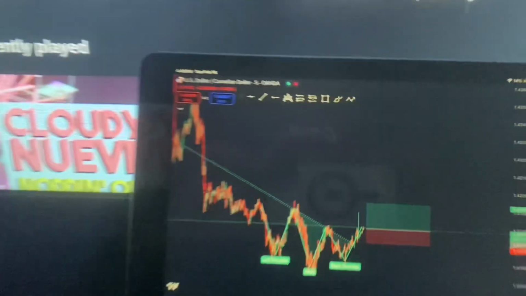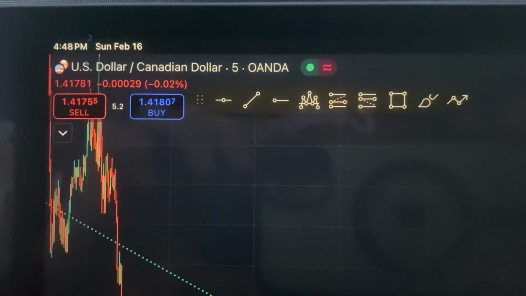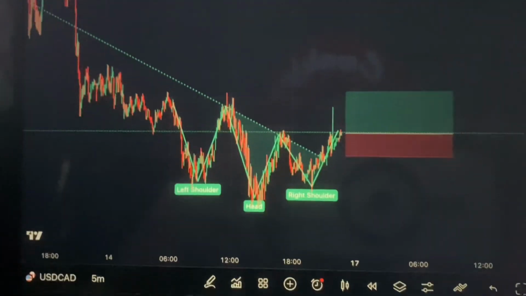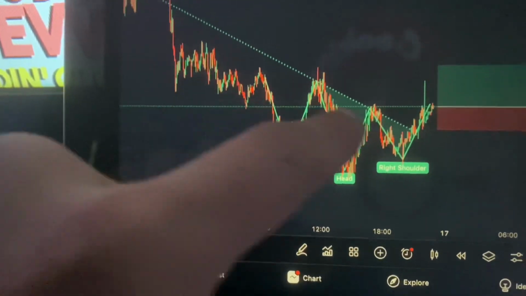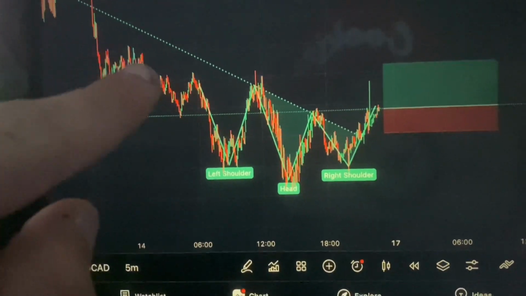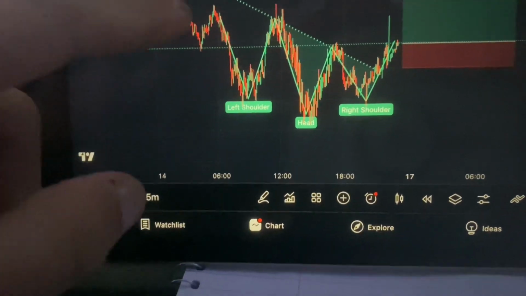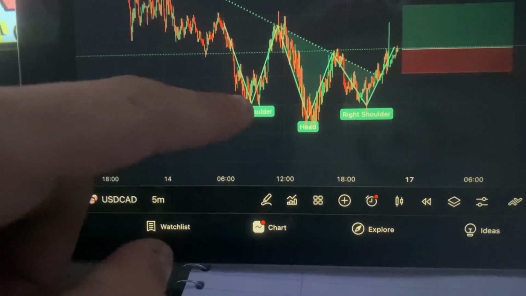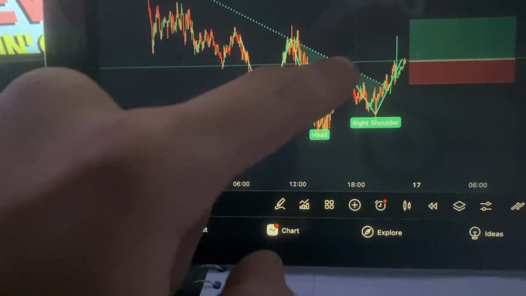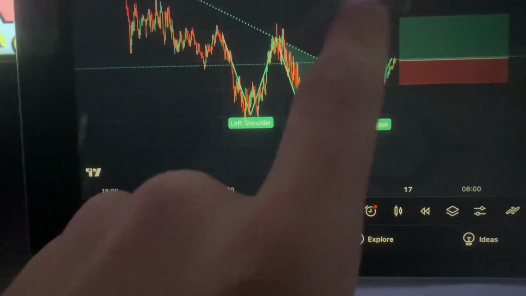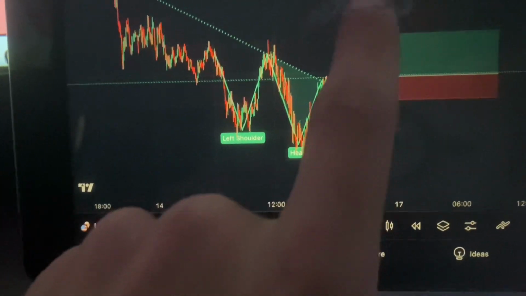All right, boys, so the first pair that we might be trading in today's $200 account, as you can see right here, is going to be the US dollar, Canadian dollar. And you can see we have a nice head and shoulders pattern right here. I'm not quite convinced because it's still in a bearish trend, because you can see this is a higher low with a lower low, higher low, lower low, higher low, lower low. But we just broke this higher low,